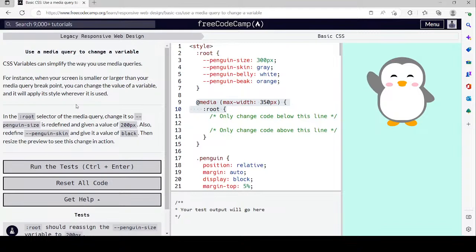I'm going to try to find a good definition of a media query. So media queries is a feature of CSS allowing content rendering to adapt to different conditions such as a screen resolution. So essentially,